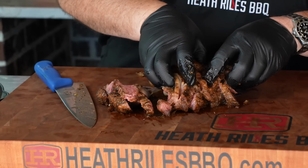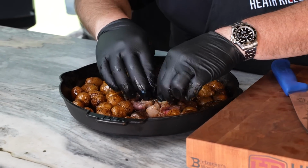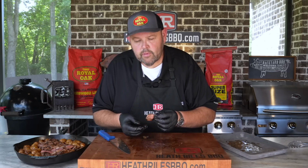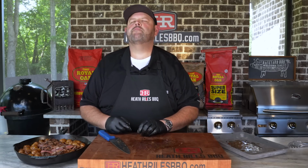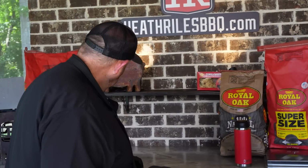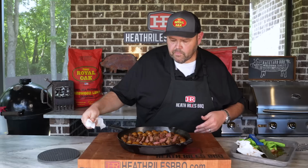I'm gonna get this steak now. I wanted all this brown butter over here in this skillet, kind of spread out. Look at that beautiful piece of medium rare steak. You guys wouldn't believe the flavor if I told it to you. Wow. When I get this steak up here like this though, the one thing that I really, really like to do,